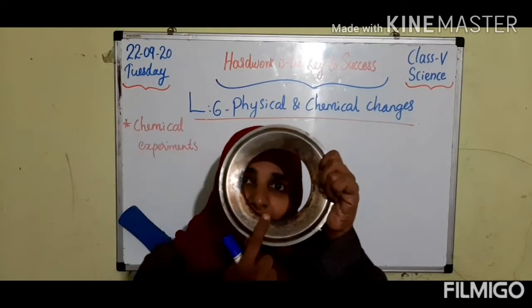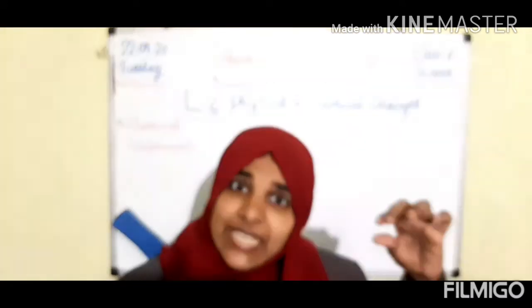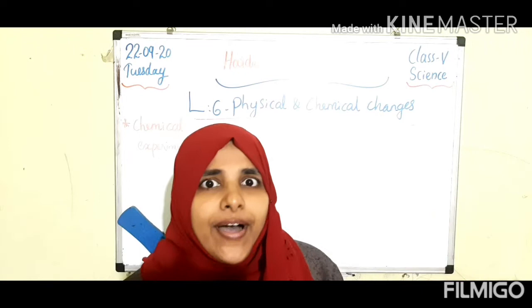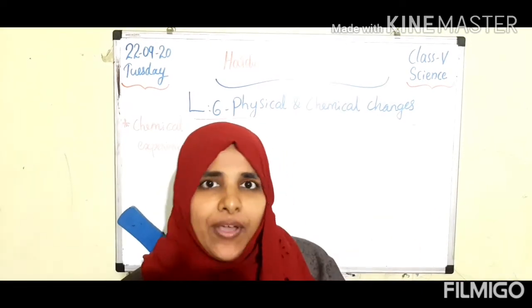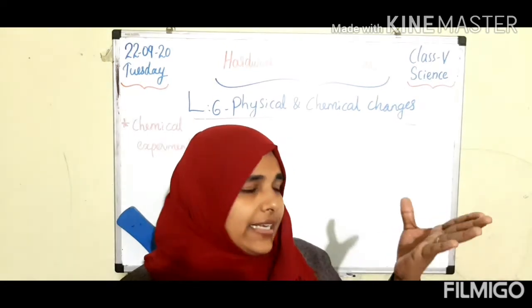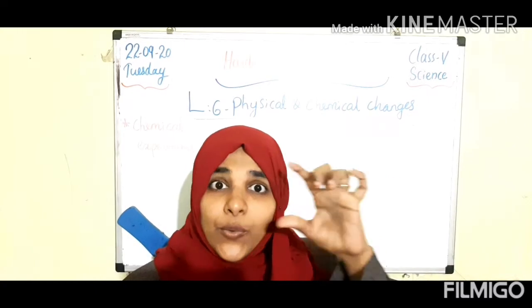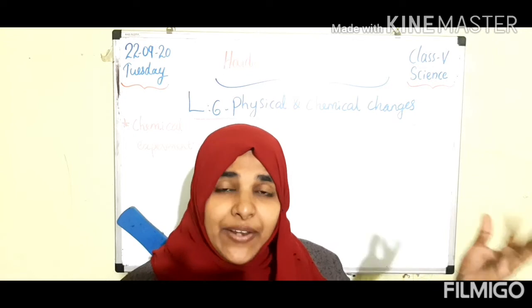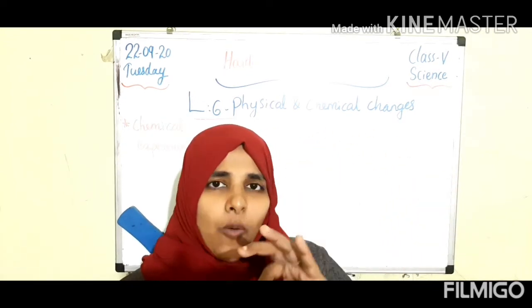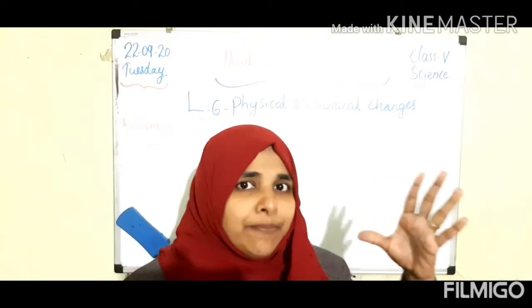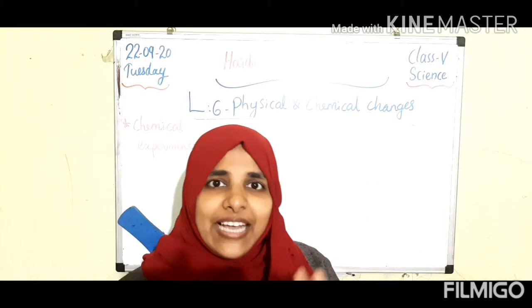This brown color is formed when the iron piece reacts with the environment. That is what we call rust of iron. That is one chemical reaction. And when you observe the shaving blade, you can see a brown color formed. When it reacts with the environment, a brown color forms on that shaving blade. And also on the iron pan, you can observe a brown color. That is actually a chemical reaction that happened there.